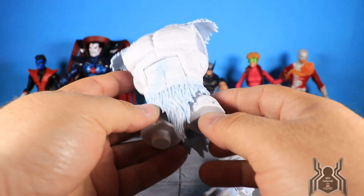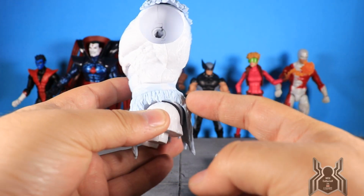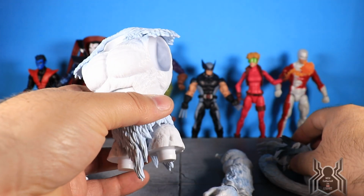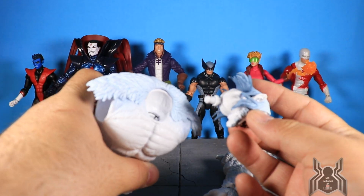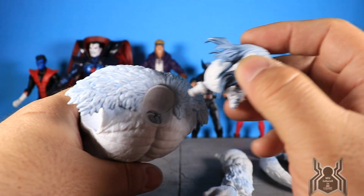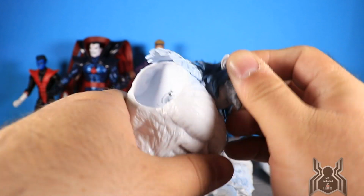So it is the same as Sasquatch, except obviously this hip portion has got to be changed out because we have to have that peg for the tail. First thing I'm going to do is actually going to port in the head. Now this is different. There's no ball joint. We actually port the head into the torso itself, which we'll do